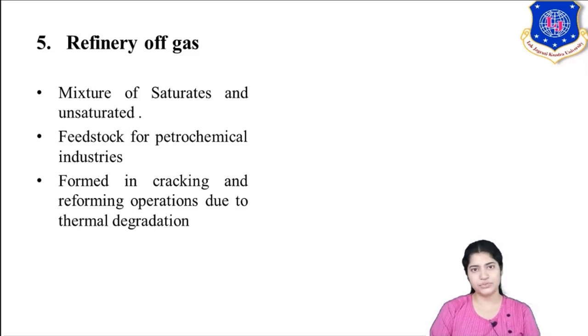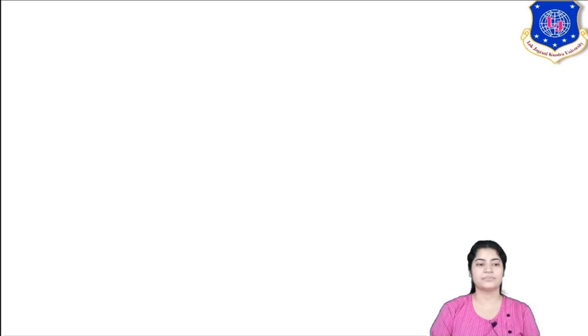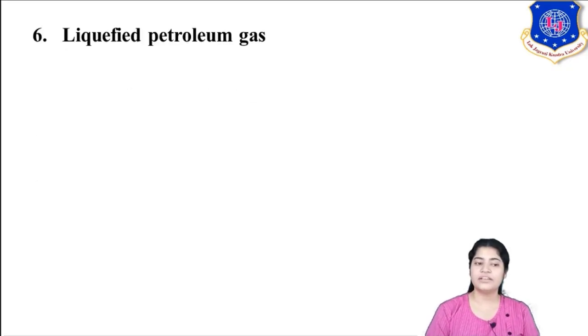Now it may be saturated or unsaturated. For example, ethene is a form of unsaturated, and ethene is used to make polythene, which is a petrochemical industry. Now, another type of gas is liquefied petroleum gas, LPG. When you talk about LPG, we talk about the cylinder at home which we use for cooking